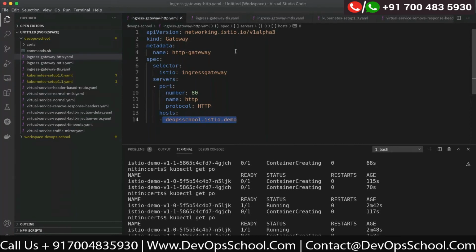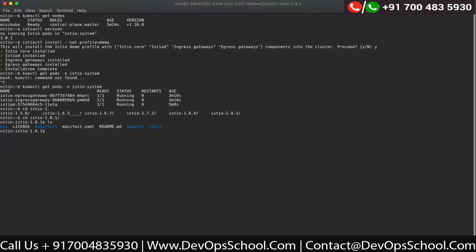So what I want to say is, again, let me show you the demo profile which we saw. So basically you tell how many replicas of ingress gateway you want to run. And then in the cluster, how many replicas will be running and which pod will actually be taking your request, this particular configuration will be applied and taken care of by Istio. Sorry, it's not related to multi-cluster.